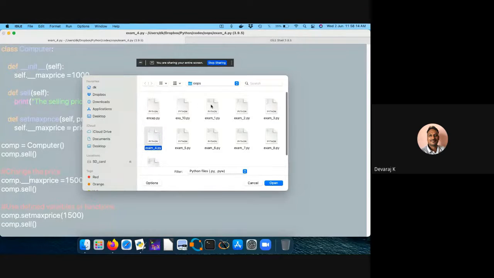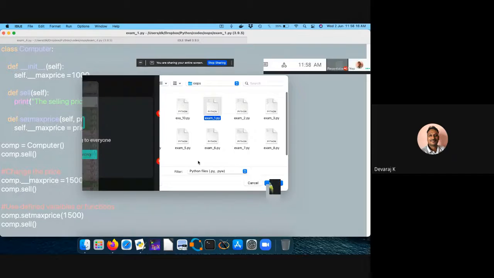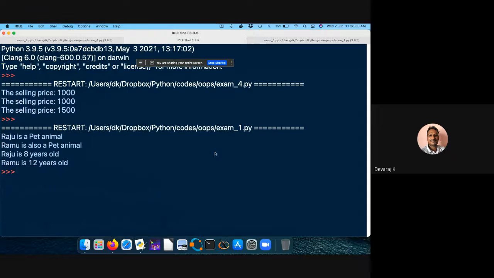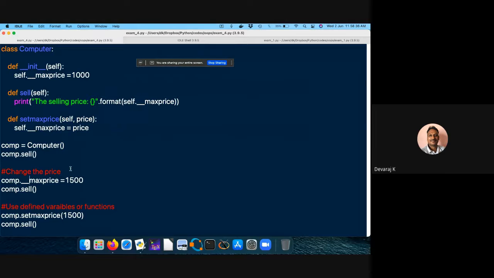Okay, let me go to that example one. Yeah, it's a typo thing. Underscore. Otherwise everything, syntax, everything is fine. Let me run this. Because it was running actually. Yeah, now it's running. Thank you to whoever helped. The problem is only with this underscore. I thought it is taken automatically, but it is not in this IDLE editor.